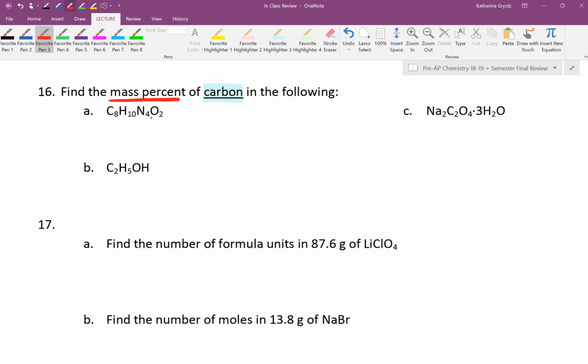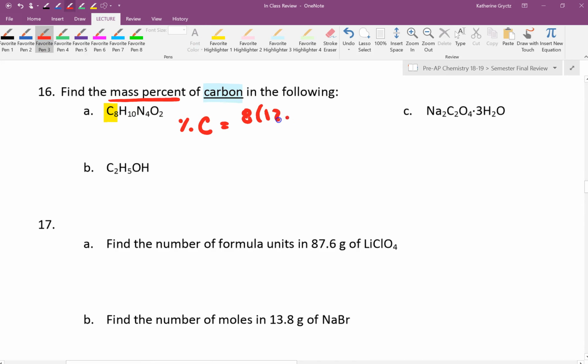So I showed you one earlier with ammonia where you were given numbers in the problem. Then I showed you it was the same answer when you use the numbers from the periodic table. So that's what we're doing here. So I'm only going to do A here, and you can probably do the rest of them and you'll see the work. So the percent of carbon here, in this formula we've got 8 carbons, so we're going to have